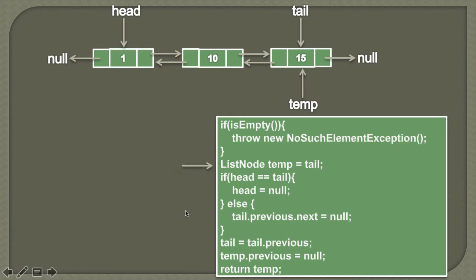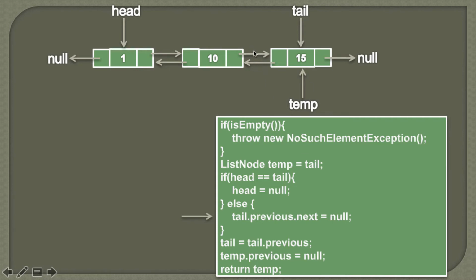Moving ahead. Here we'll check whether head is equal to tail or not. Currently head points to the first node and tail points to the third node, therefore they are not equal. So the condition comes out to be false and the else part will be executed. Now, in order to remove this last node from the doubly linked list, we need to remove these 2 pointers, because once we remove these 2 pointers, this node will be freed and removed from the doubly linked list.